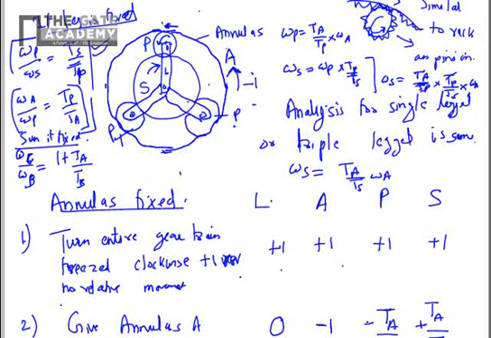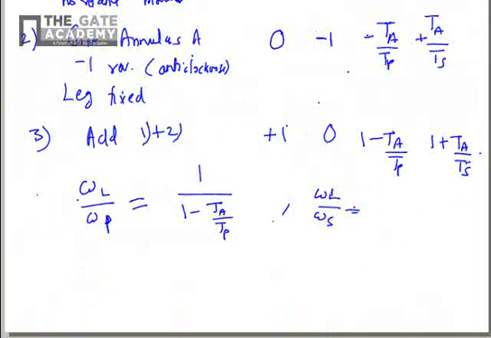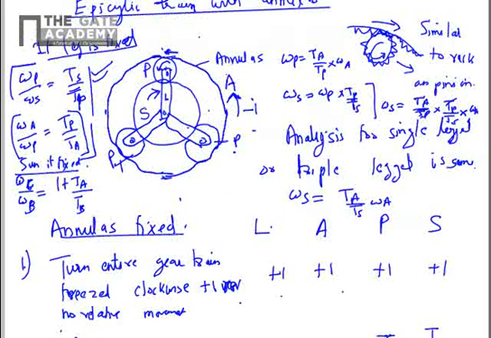So all these three, remember, planet, sun and leg are moving. And omega L by omega S you can define as +1 divided by 1 plus Ta by Ts, and the